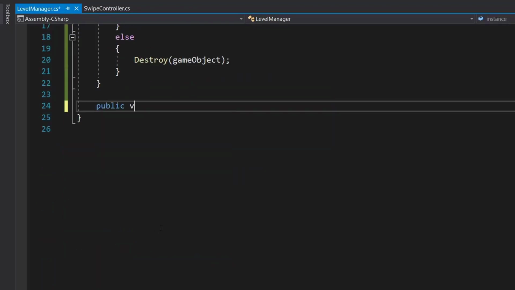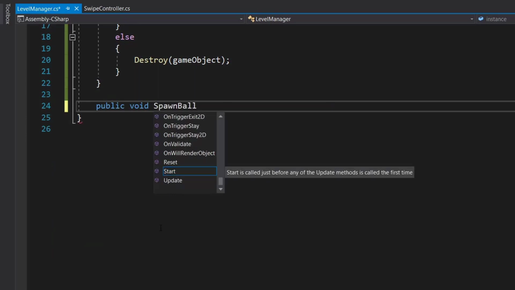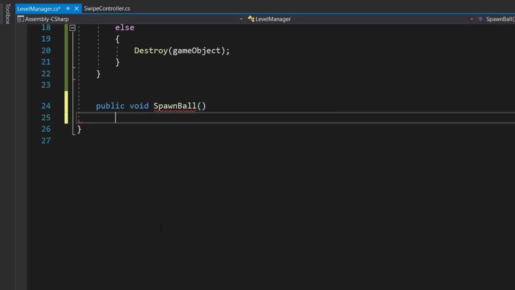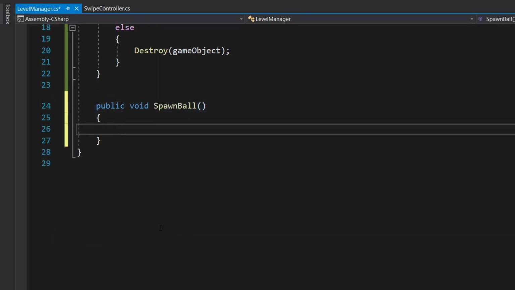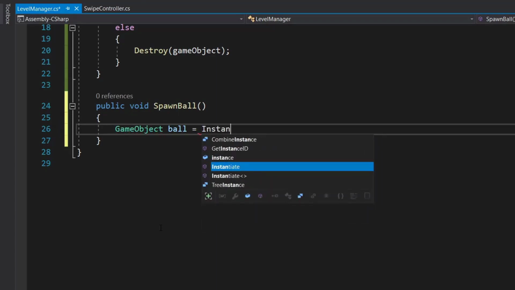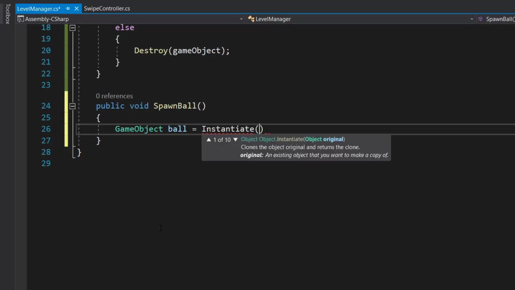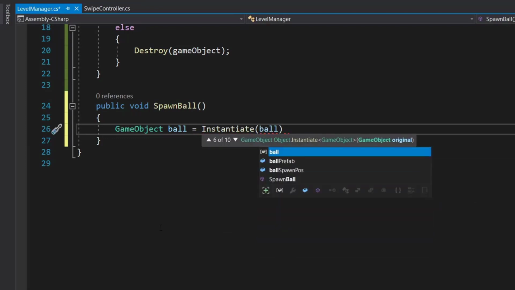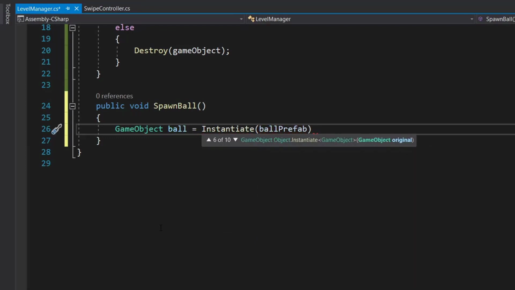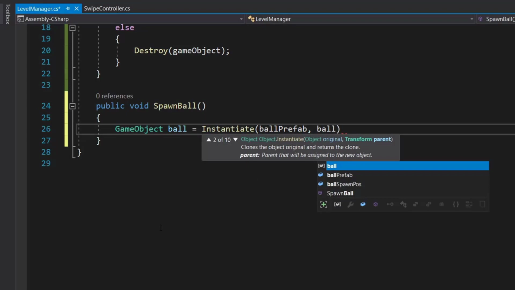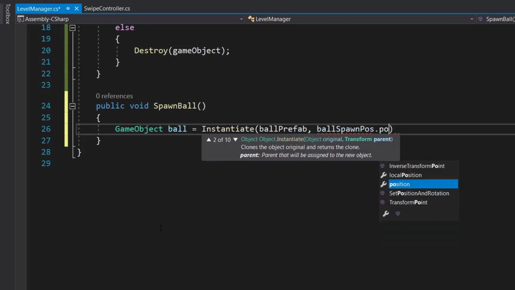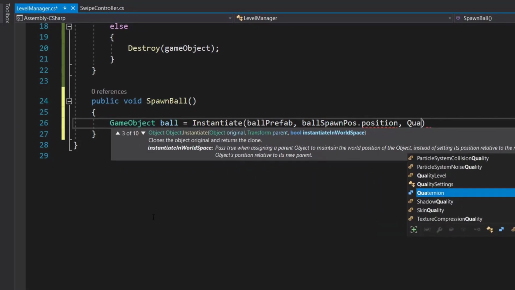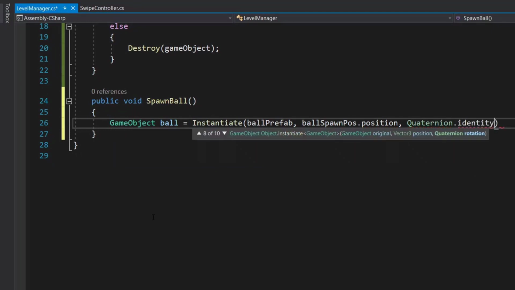Here we will create a new method and call it public void SpawnBall. This method will be responsible for spawning our balls. In that we'll create a new GameObject ball, which will be equal to Instantiate ballPrefab. The position will be our ball spawn position and the rotation will be zero, that means nothing.